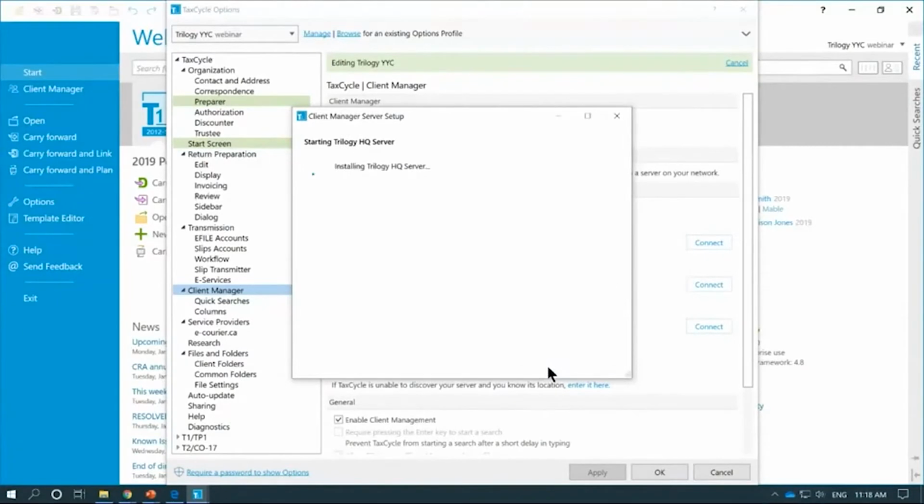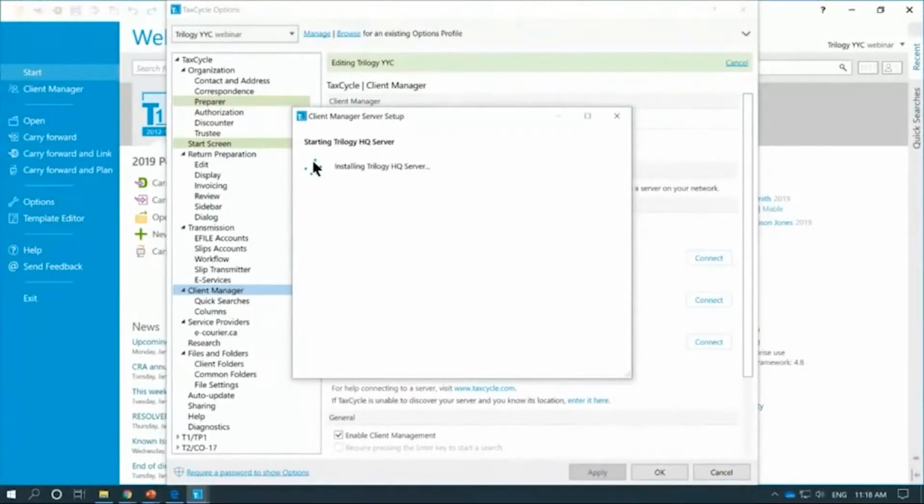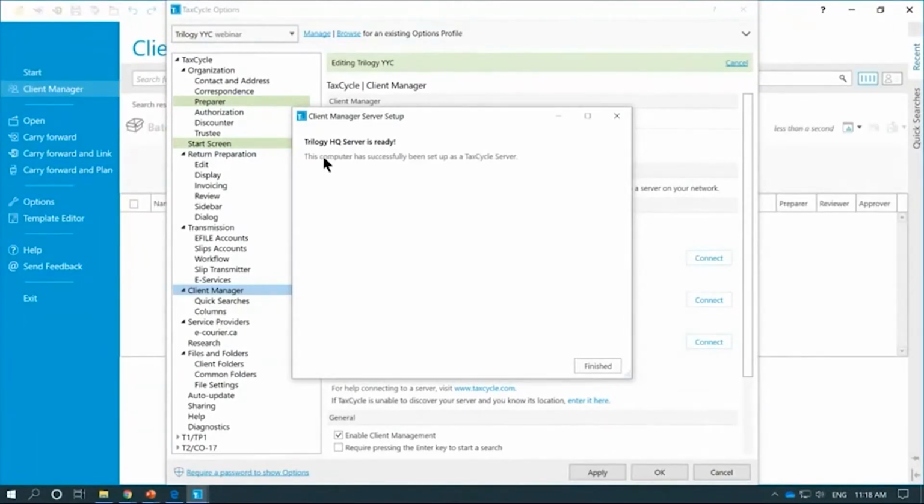You do need elevated privileges here because Client Manager Server is a service. It runs in the background. It runs 24/7. So as standard Windows security, before you can install a service, you need someone with administrative privileges to do that. So I'm going to click Yes. So now the wizard is installing our server. It's now configuring the server using the name that we gave it. Should only take a moment, and there we go. So our server is now ready, and the Client Manager server is now running on this machine. So I'm going to click Finish,